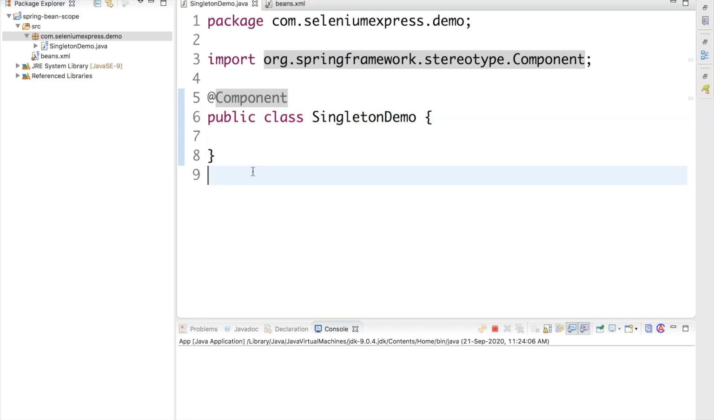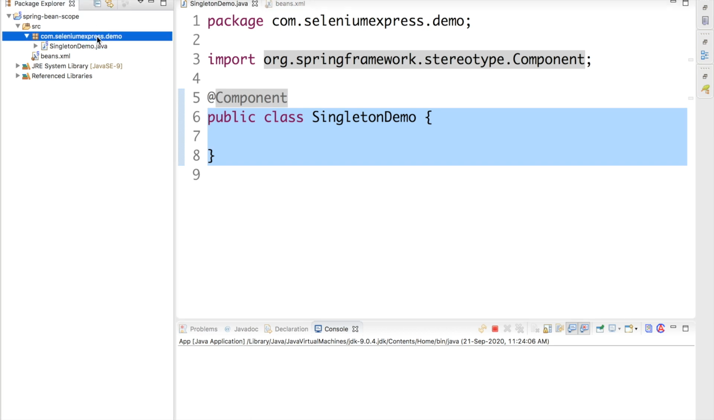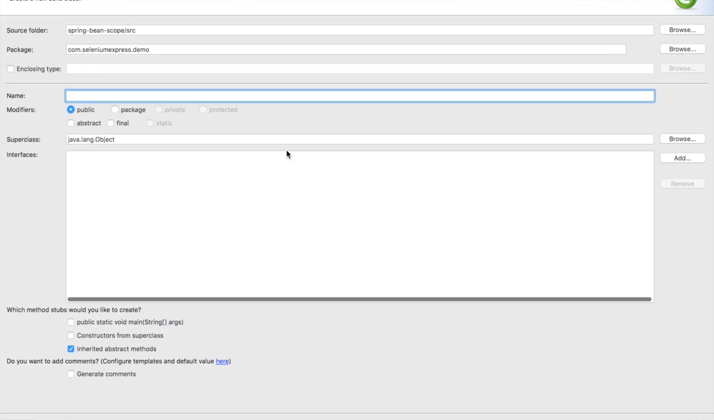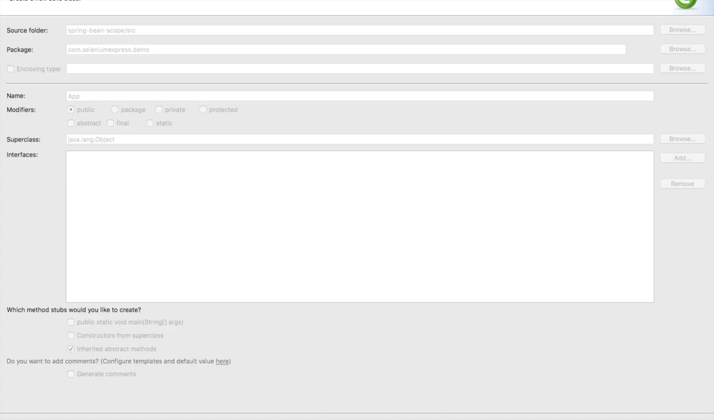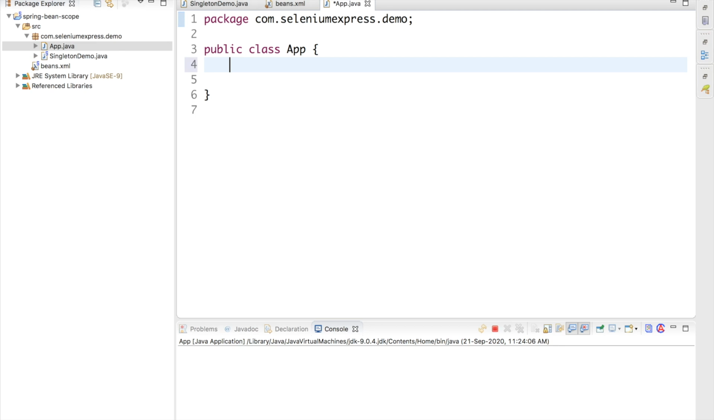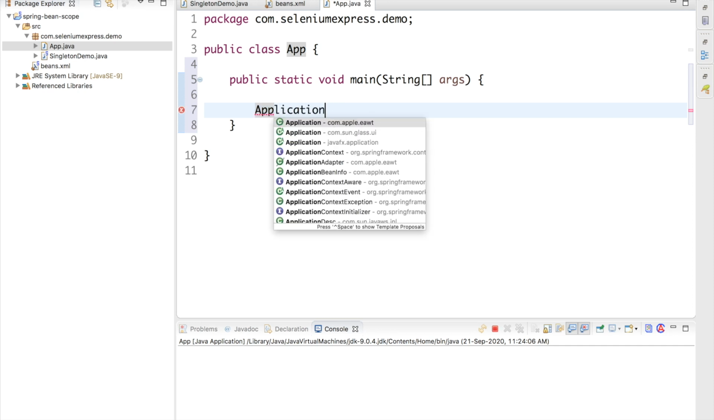Now, if I want to get this object from the container, or from the application context, the way I can retrieve it is by creating a client class. So let me create a client class here and call it App. Inside the App class, the first thing I'm going to do is use a main method because I want to run this App class. And the first thing I'm going to do is create an application context. So I'll say ApplicationContext